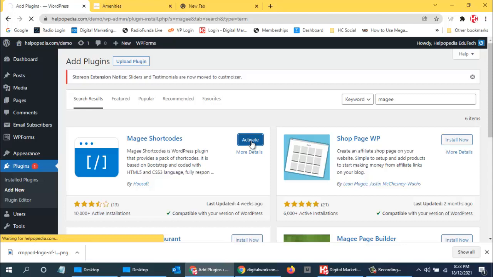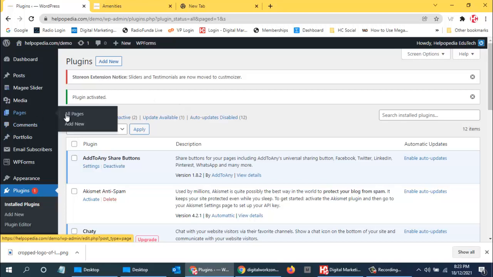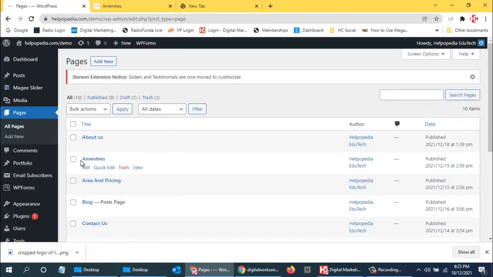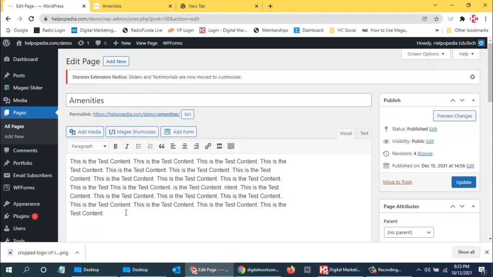Even from the normal page, you just have the option to add text. Say I go to pages, all pages, and I edit this page, amenities. Over here you don't have anything that you can add. See, now this part has come up, Magee Shortcodes.